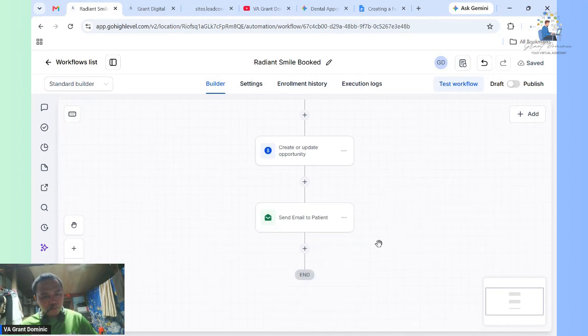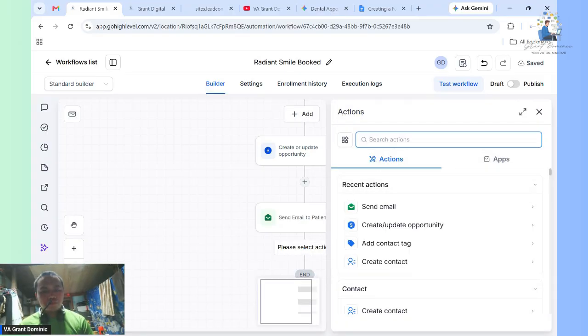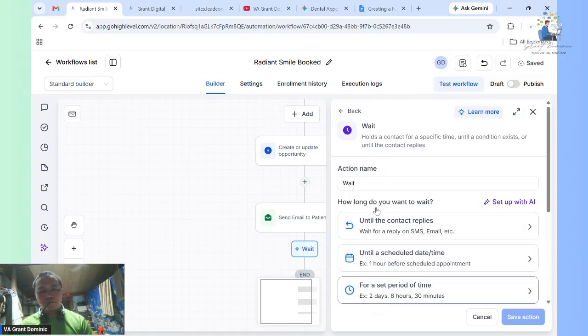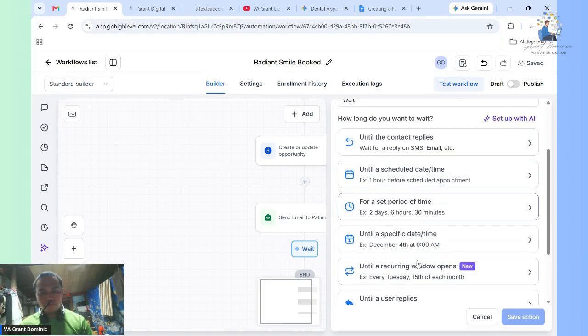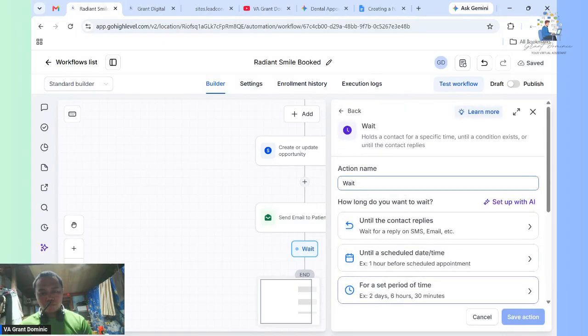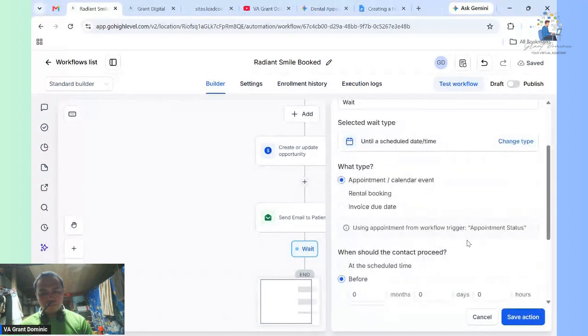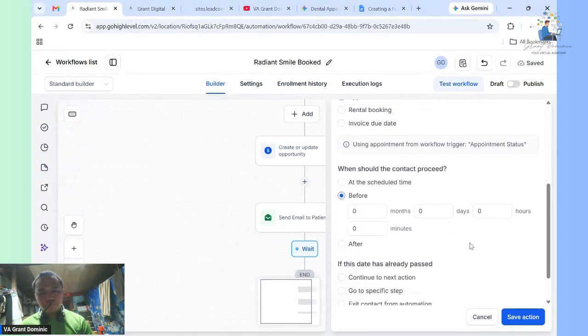So we will create this first. After we send an email to patients, we will send a reminder, so we will use a wait until a scheduled date time before.